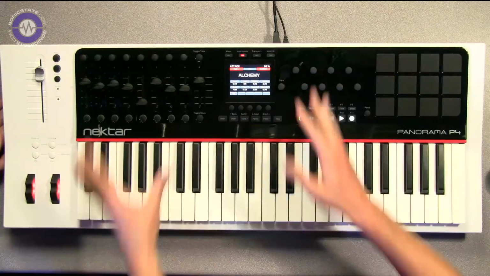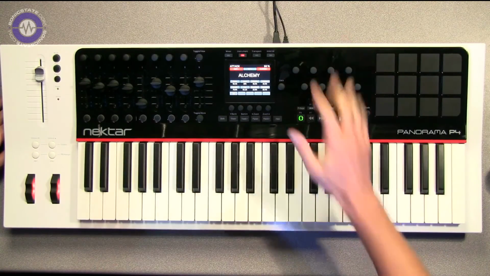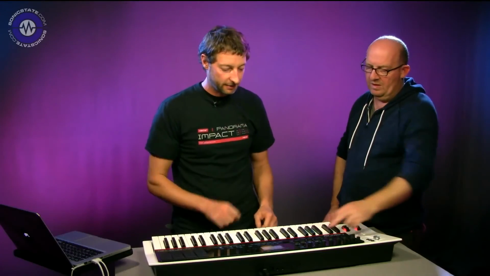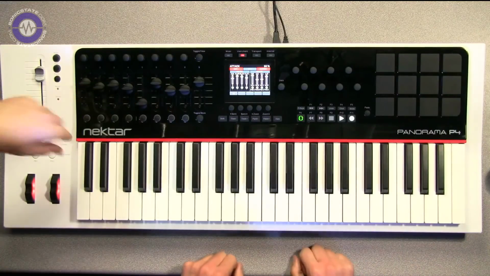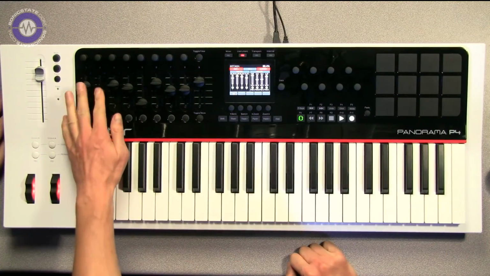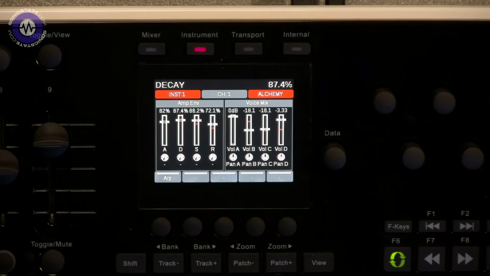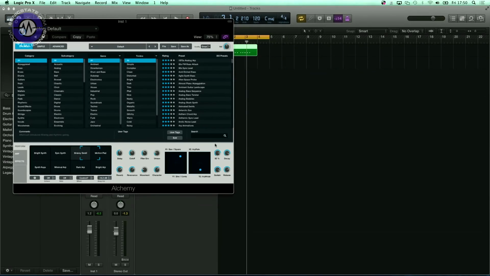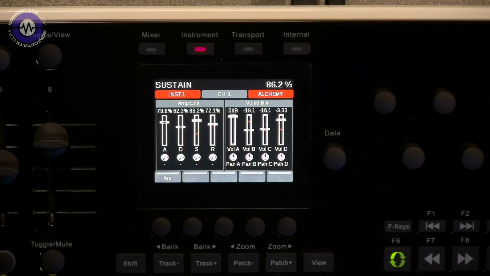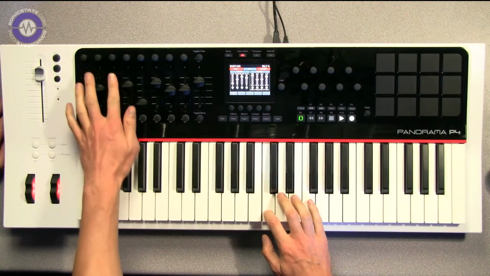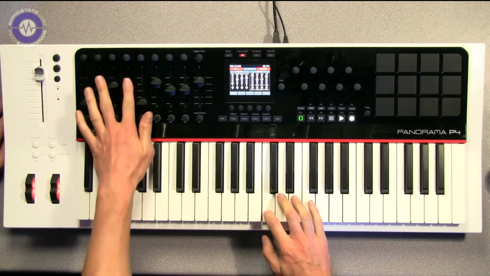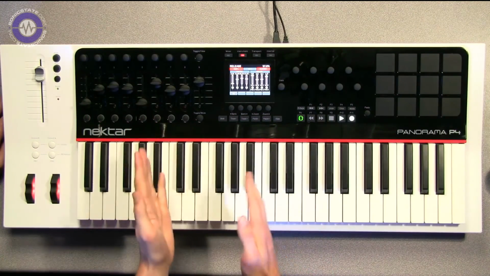This is how it works, because all of the controls, like I said, 8 is not enough. All of the controls map to Alchemy. So do these work as envelopes as well, right? Yeah, so you've got your amplitude envelope here for Alchemy. You can see these controls. This is your main envelope down there, and let's turn the attack down. You've got sustain, release, and then over here, just because it's in Alchemy, it made sense to put a voice mix there. So you've got